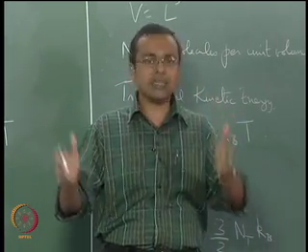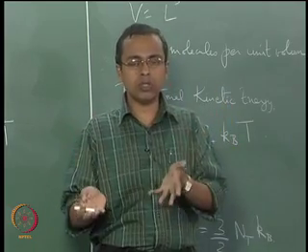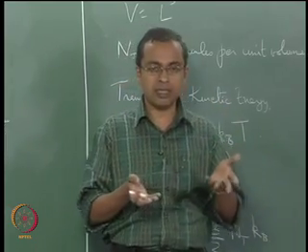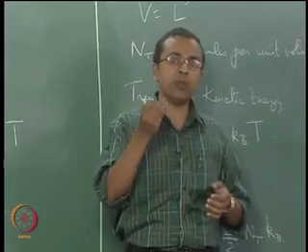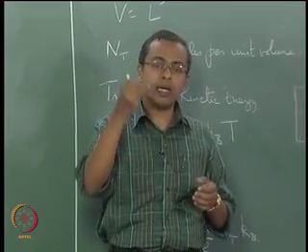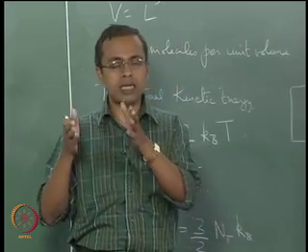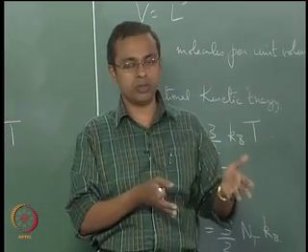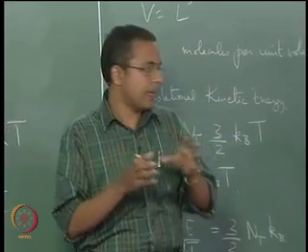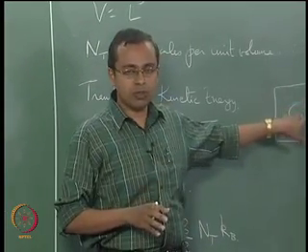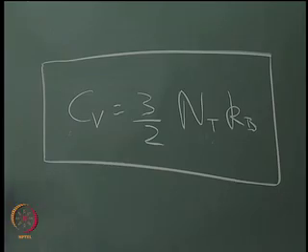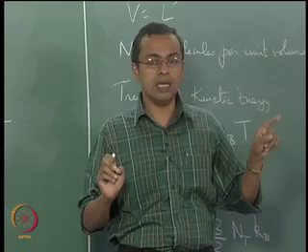The temperature of the entire system is going up, so the ionic cores also absorb energy, the electrons also absorb energy. So when you talk of specific heat per unit volume, you have to accept the fact that in that unit volume there are electrons as well as ionic cores. Whereas the analysis that we have done so far has talked only about the ideal gas, and that ideal gas behavior,